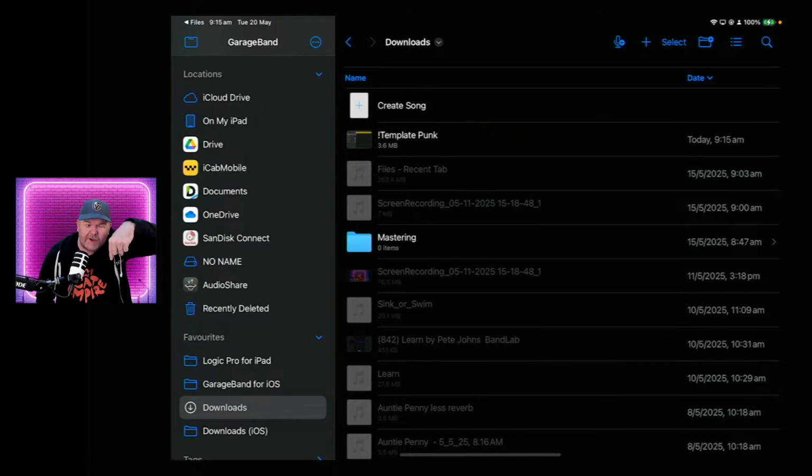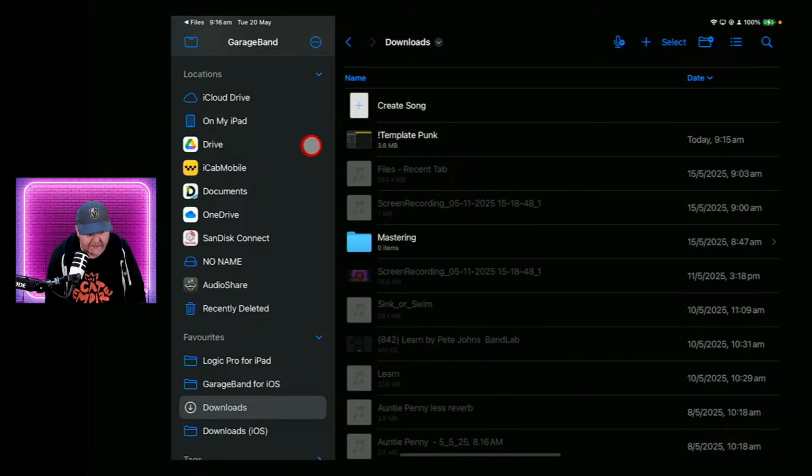So cloud with download arrow means not on device, must download to get on device. Down arrow means you've got to download it. The dotted cloud means that that file is on your device, but it hasn't updated the latest version to the cloud. The reason that's important is if you've got a big file and it's uploading and then you go to your phone and you're like, why can't I download that GarageBand project I just created? It may be that it's still in the process of uploading it to the cloud. So that's the little cloud icons explained.